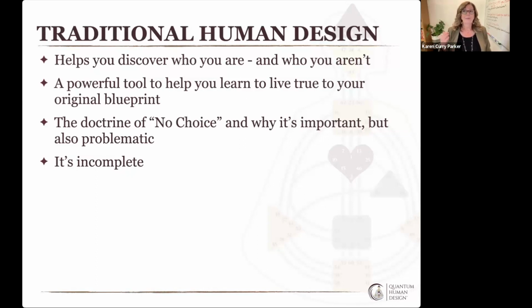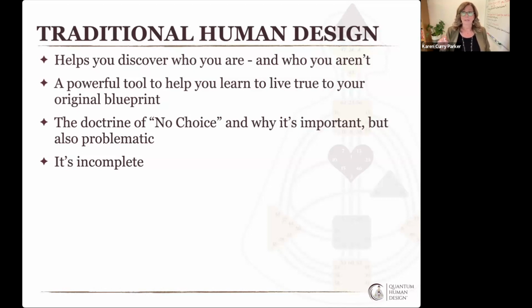And as I said, because of the way and the intention with which Ra taught it, traditional human design is designed to wake you up. Actually, Ra used to teach that it is a tool you use to shatter people. You shatter people's perception of who they think they are so that they can become who they're not. The system itself, because it's just designed to wake people up, and Ra said he isn't done teaching it yet,